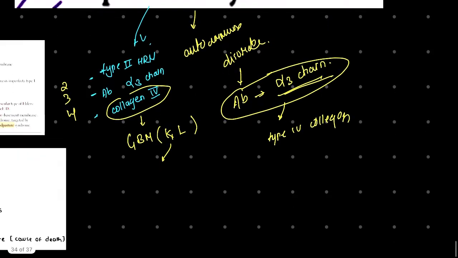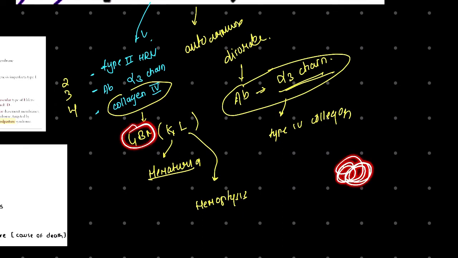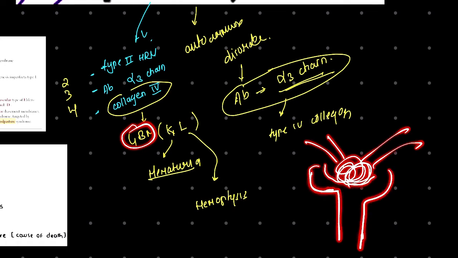If there will be involvement of the kidney, there will be hematuria. If there will be involvement of the lungs, there will be coughing up of blood, that is hemoptysis. Why will there be hematuria? Because there is a defect in the glomerular basement membrane, because of which the contents of the glomerulus will leak into our filtrate. This will leak due to filtration, because of which there will be RBCs